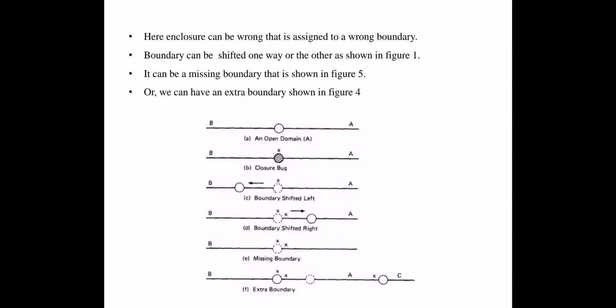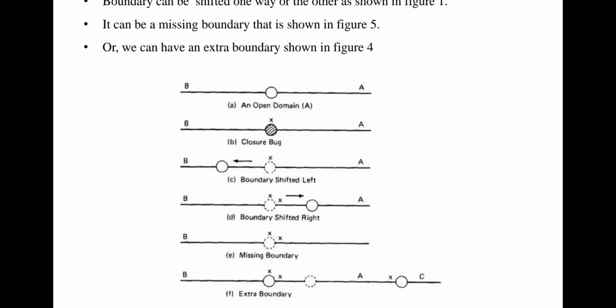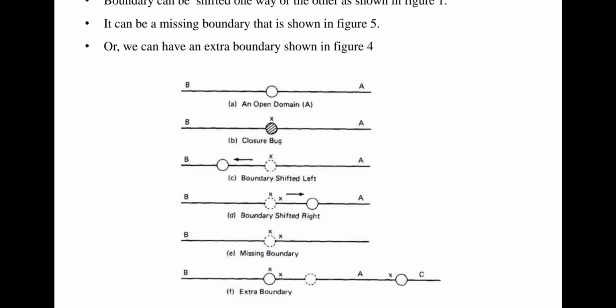So not only in the representation of the domain line, in the closure representation also we will have errors. So these are the different errors that will be represented according to the closure. See the circles, these circles are called closures. Okay. So we have different closures, open closure, closed closure. According to your boundary, the closure also will be changed. So these are the different errors.